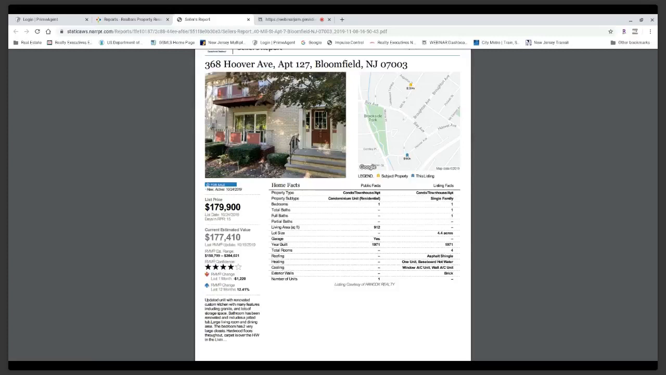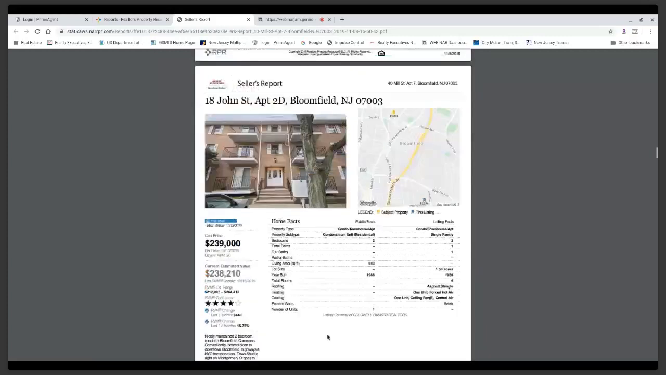So I'm going to scroll through quickly. Notice this one is actually on the same street, 398 Hoover Avenue, 368 Hoover Avenue. This is actually the same complex. And notice that the one where they're showing the updated kitchen is listed for a little bit higher, and the current estimated value is different than the first one, although it's the same number of bedrooms. Okay, so I'm going to scroll through each one of the 6 properties